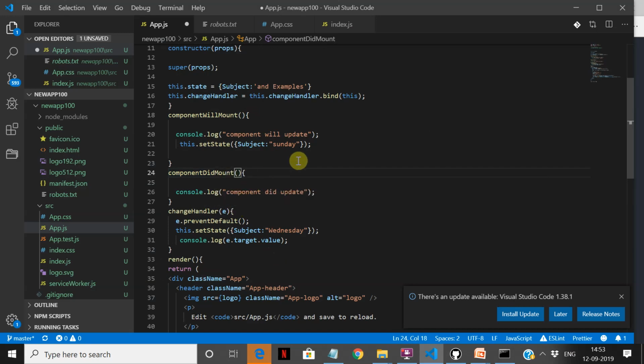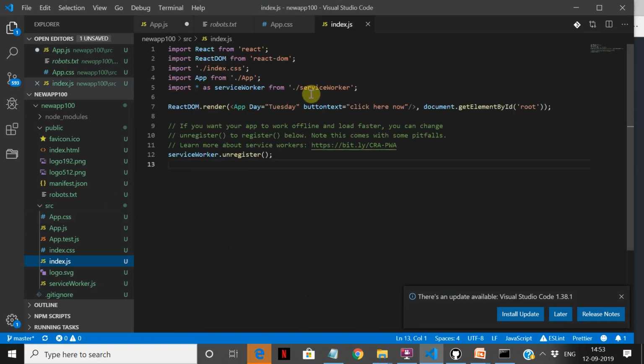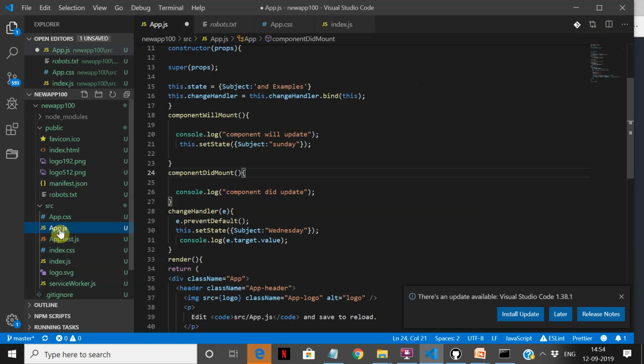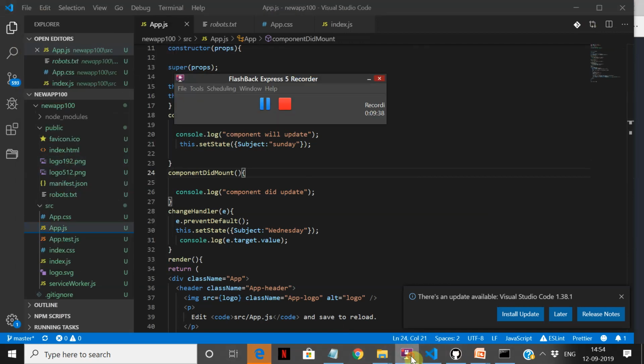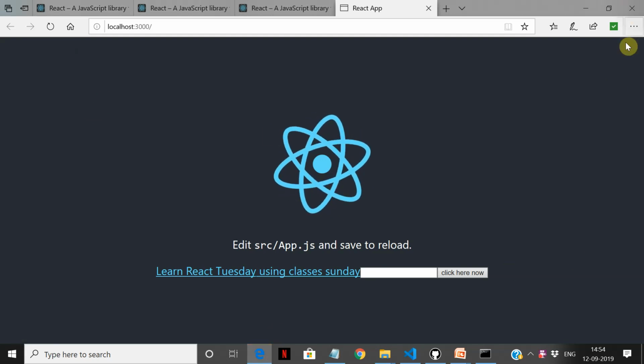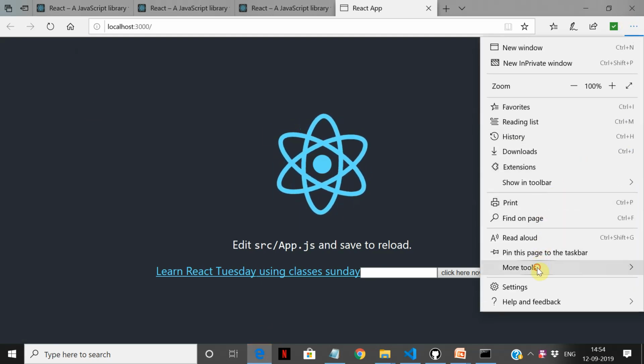Okay, the change that we have to do is that update will fire after the rendering, right? After the component is created. So this is initially when we mount. Now let us see component did mount. What I was doing is I was saying component will update. That will happen from the second time onwards, once the component has rendered. Will mount and did mount are for the first time the component gets mounted into the index.js. When it first loads, that is the only time it will run. Afterwards, in the running session, if there are some changes, component will mount and did mount will not run again. So now let's see the changes here.